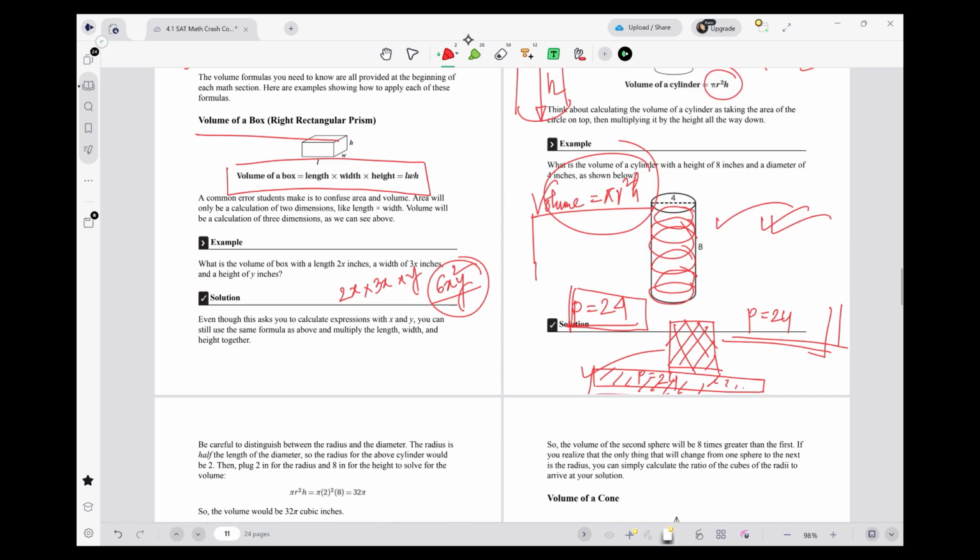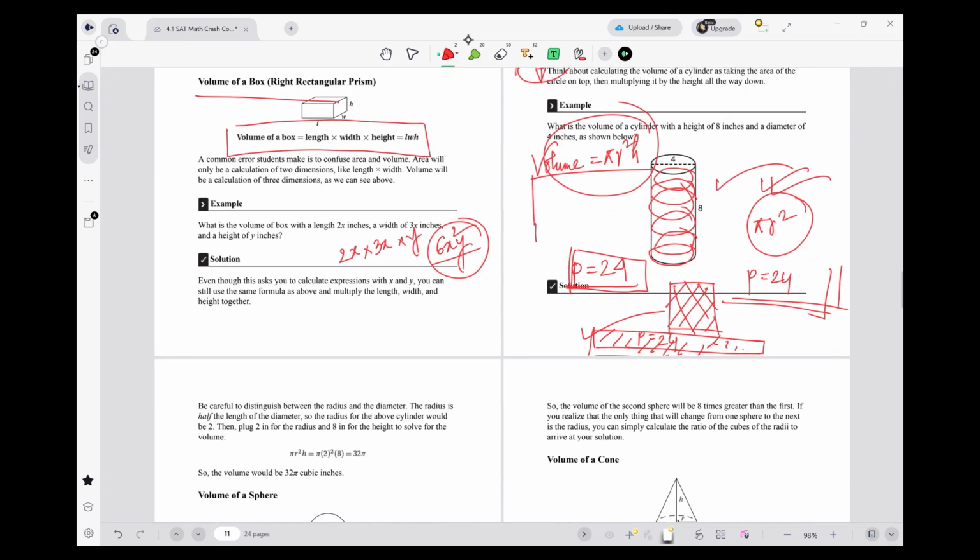The circle has a radius. The area is pi r square. For any kind of object, the volume is area times height, right? So for a cylinder,